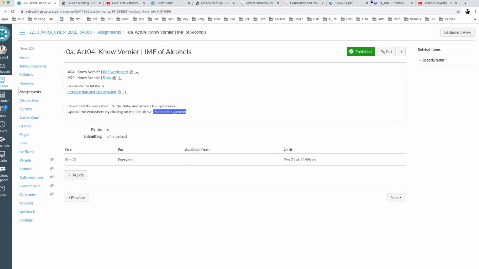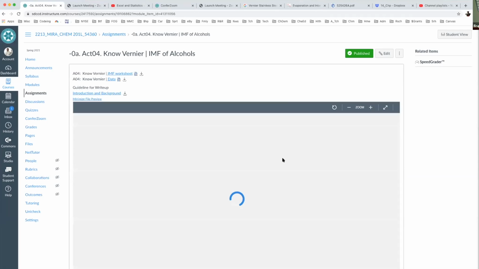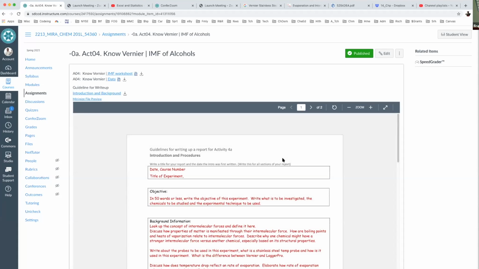Because what I just introduced on this page right here, this is just the worksheet and the data sheet, but right here is guidelines on how to write your intro and the procedures. Even though this is not an experiment, we can treat it like an experiment. And remember that because we're not using LabArchives, you guys are going to enter your intro and procedure in Canvas. You're going to enter your data and observation in Canvas, and you're going to enter your post-lab write-up